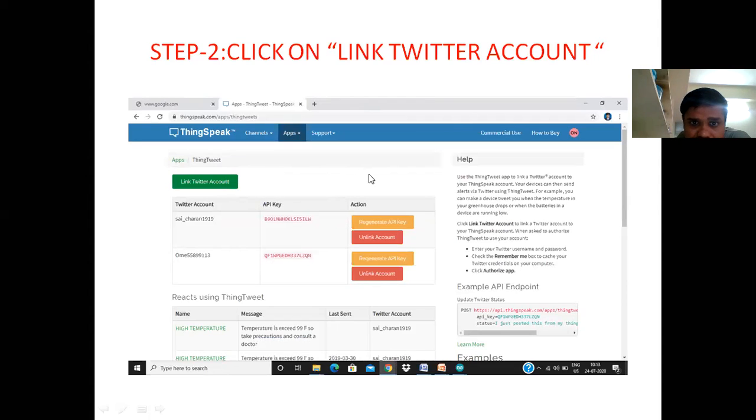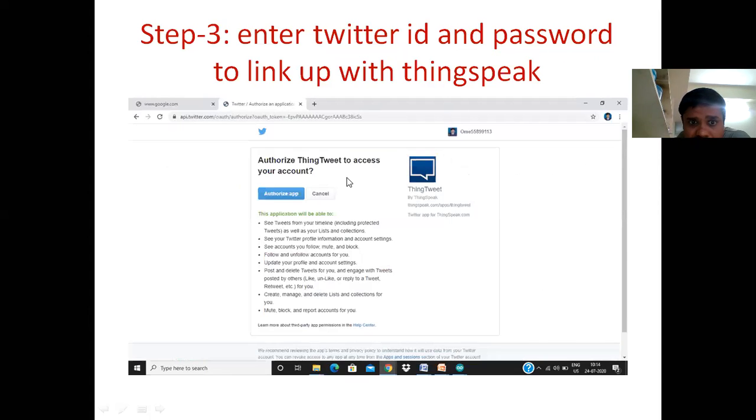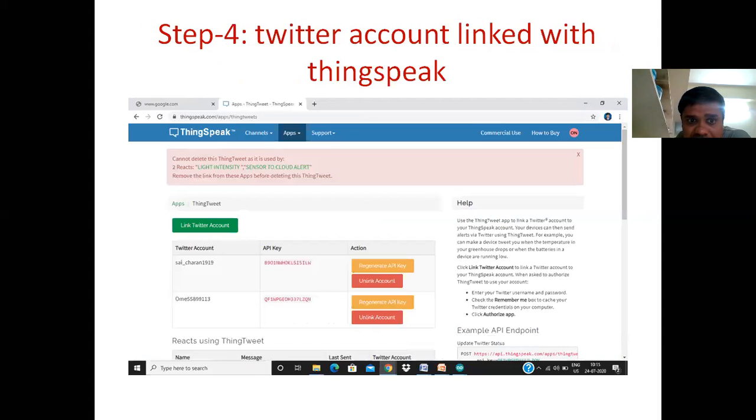After that, you can click on Authorize App. It will ask for the Twitter account name, ID, and the password for your Twitter account. After that, if it is successfully linked, suppose in my channel there are 2 links, one is mine and another is a Sai channel something here.